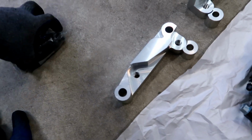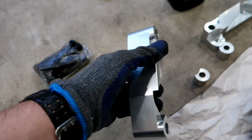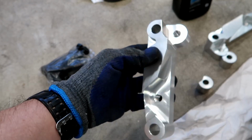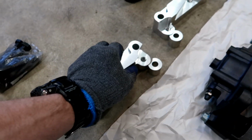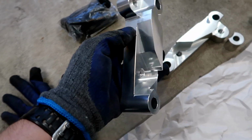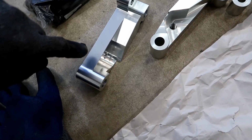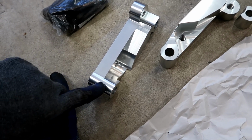Alright, so here is the front bracket, made out of billet aluminum, which is awesome, and it's very substantial too. You can see the size of it. And where it needs to be ground down, I believe this one is the front right. Pretty sure this is the right. So the area that needs to have some material taken out is basically right along here and right along here. That way